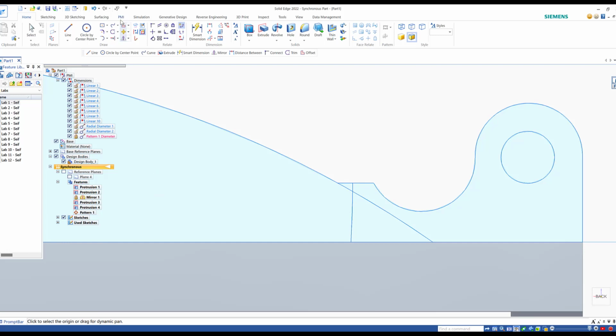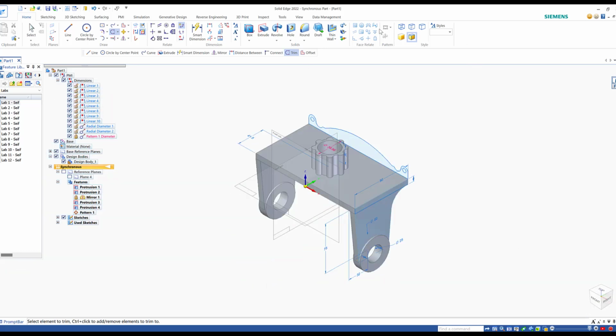Okay, so let's get the trim again. I need to get rid of these and then these. Very good. So now we got the shape we want, and the next step is to go to home and start doing the extrusion, and the extrusion is 8. So what we're gonna do, extrude